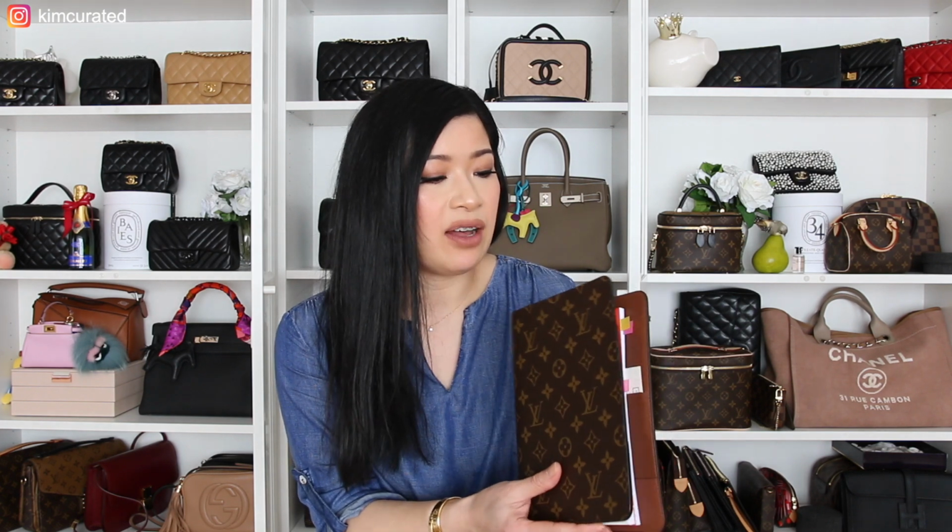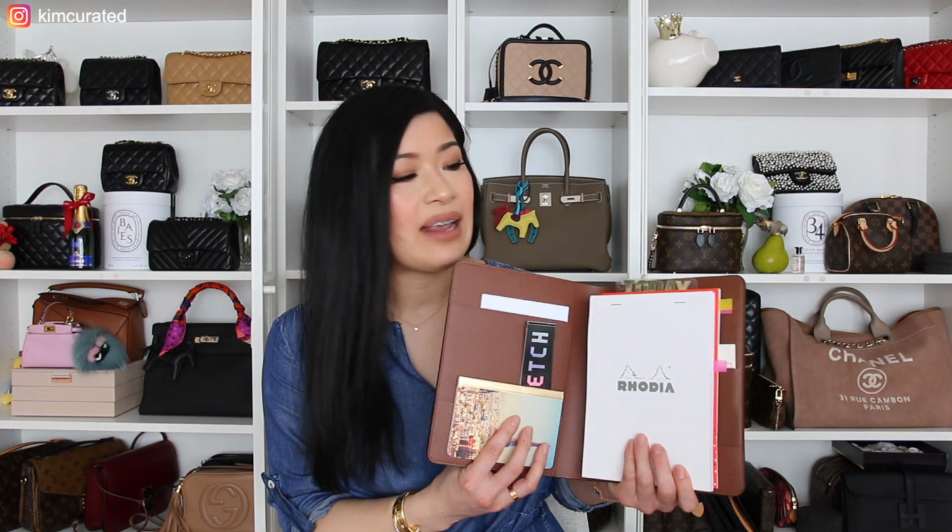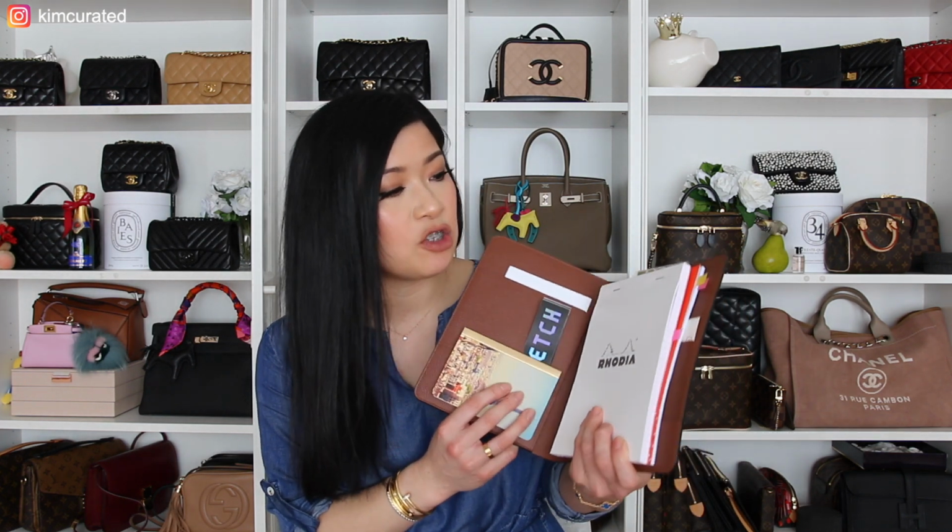I prefer the desk agenda because it is very simple. There's no hardware, there's no tarnishing, there's no rings. It's a notebook cover and I adore this piece. I'm yet to find proper inserts for it. With me, I love to write to-do lists. I love to write down notes. I love to write down my thoughts, and this is perfect for that because I can just open up, write